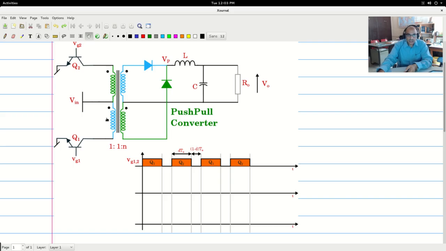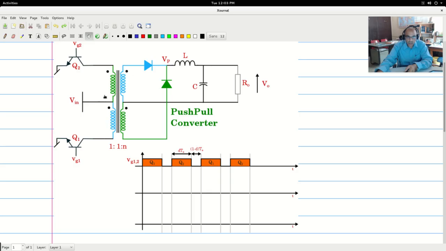So considering the discussion that we had earlier, when Q1 is on, the blue portion of the circuit is active. So when Q1 is on, the dot side is positive. This dot with respect to the ground is Vin, and this dot with respect to the center point, midpoint, would be N times Vin